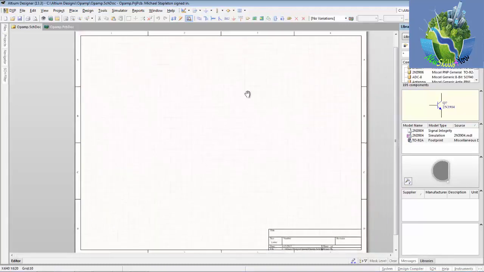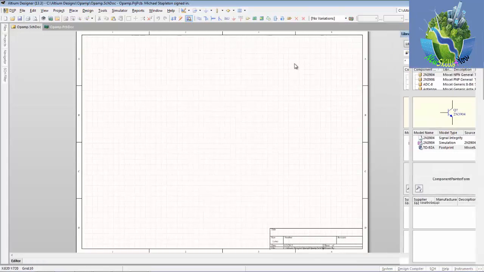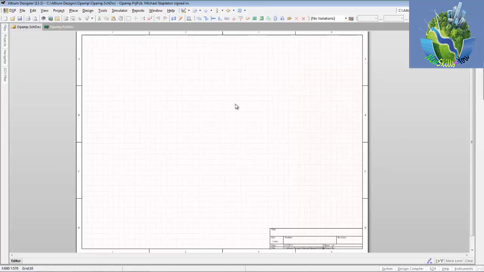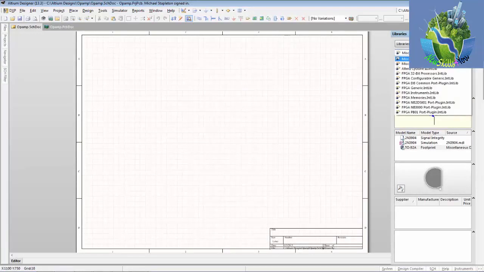If I come over here and edit my schematic, nothing changes on my library. It stays in position. It uses up part of my screen, right? And I'm not really happy about that. I'm only on one screen here, so I want to use as much screen as possible for my editing. So I'm going to unclick, and you'll see that when I move my mouse to my schematic, my library tab goes away. Now, inside my library tab, you'll see I've selected miscellaneous devices, but there's a lot of libraries open